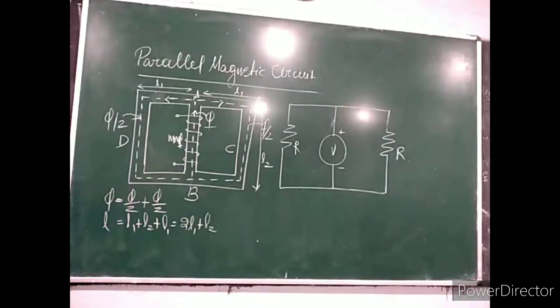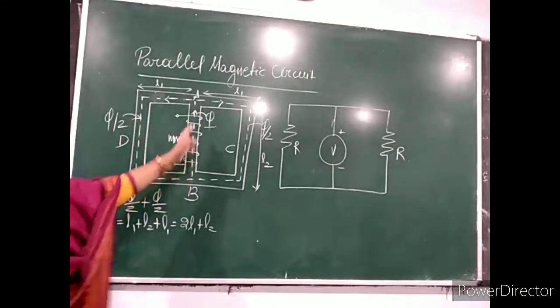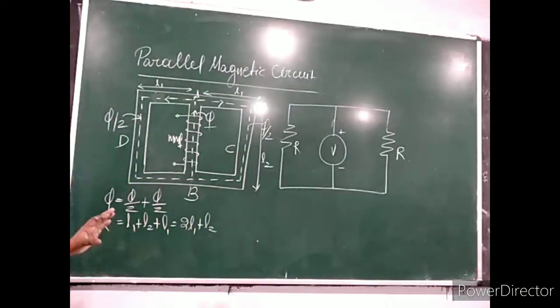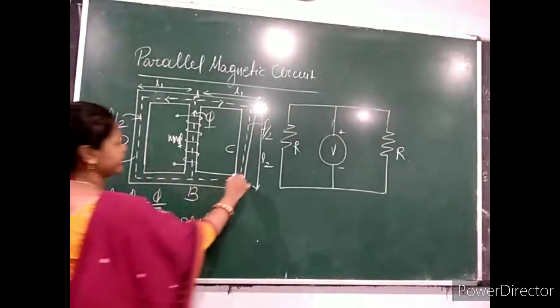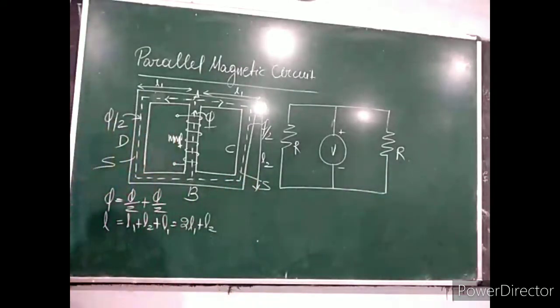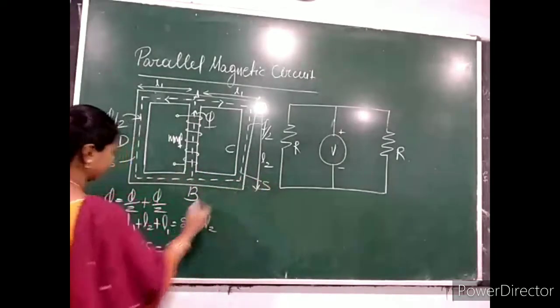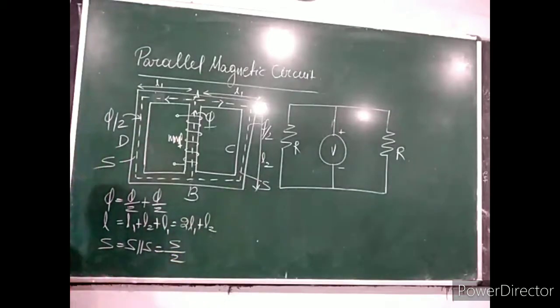Okay, and the total reluctance: see, this magnetic path and this magnetic path have the same area. Let the reluctance of this path be S and this also S. So the total reluctance of the path is S parallel S, the equivalent which you can find as in an electric circuit. So you get that it is half of the reluctance of each parallel path.